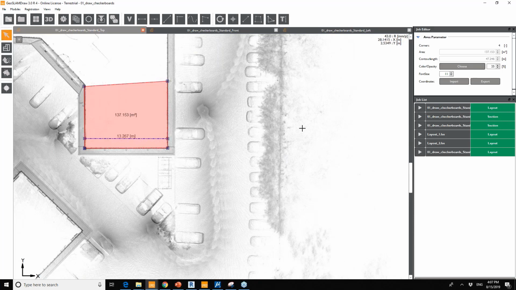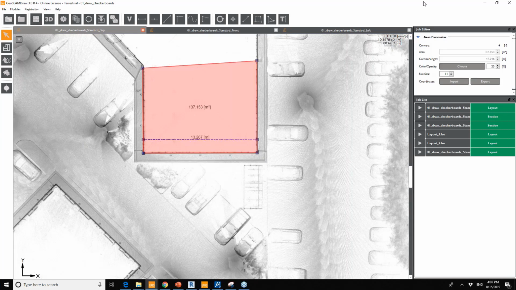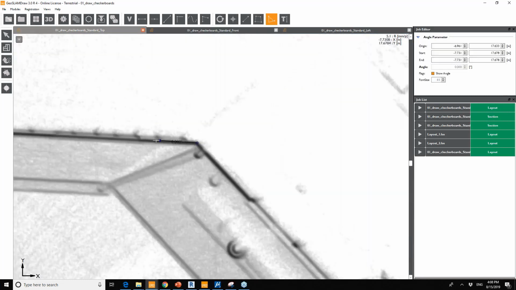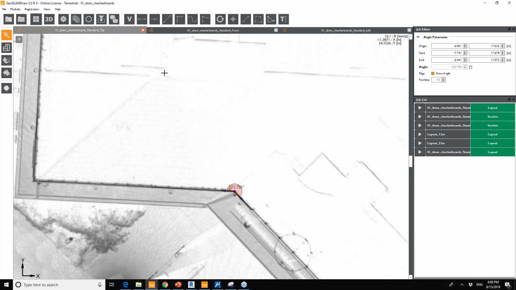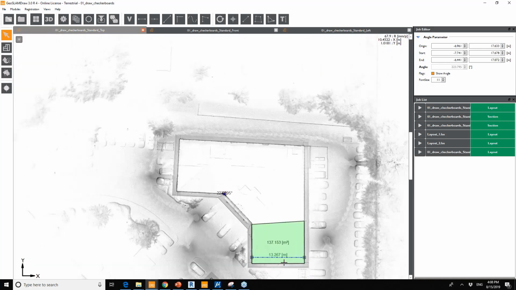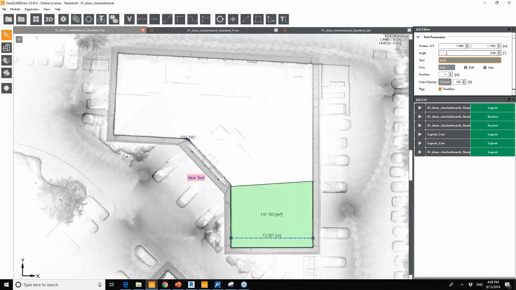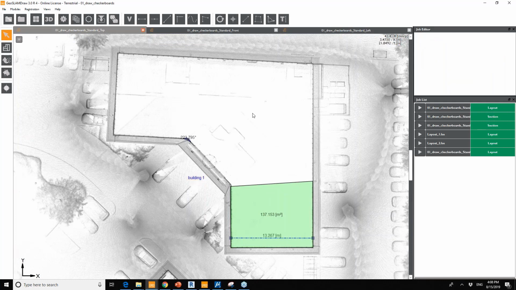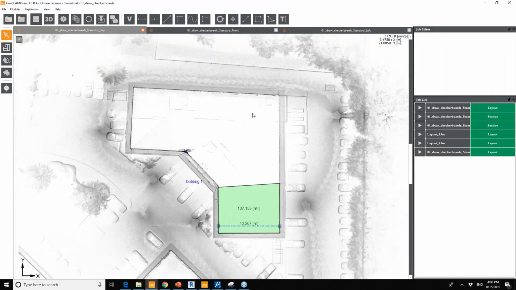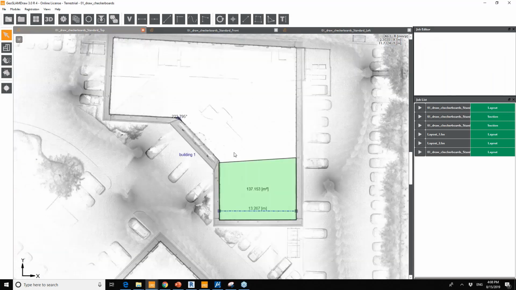You just have to get back to the first point where you started in order to close the loop. And then you have further functions like measuring the angles, or adding a text to your views. Then the next option that we have available in Start are